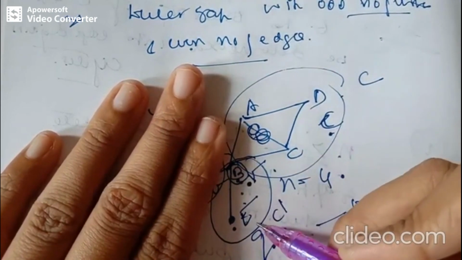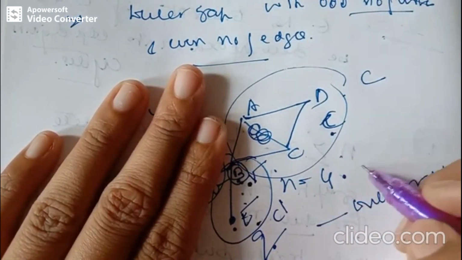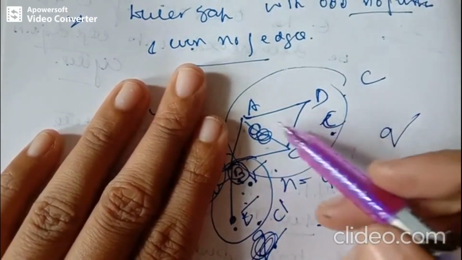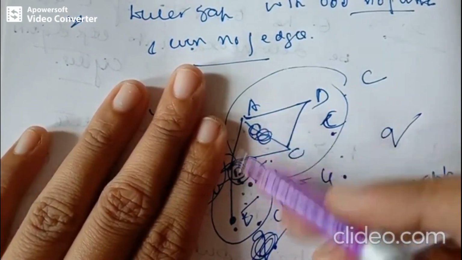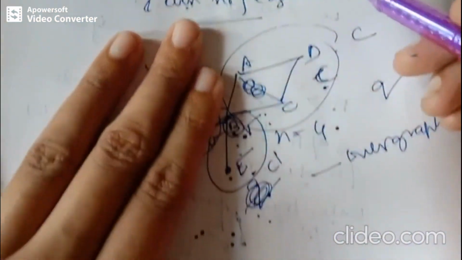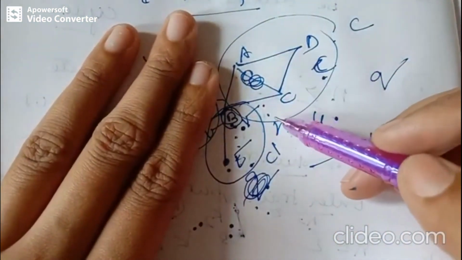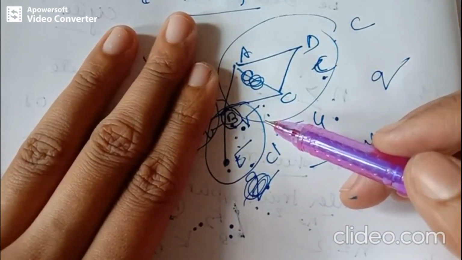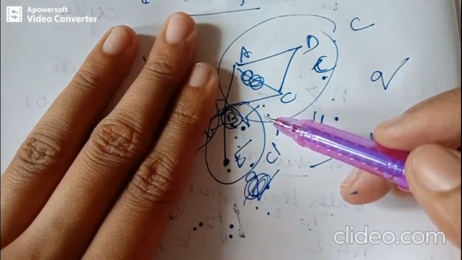So C and C dash together form another circuit called Q. And we observe that there are how many vertices? 4 vertices and 5 edges. That is an odd number of edges as per the question, right? And still the graph is connected, and therefore we can say that it is a Euler graph. So such a graph is possible.